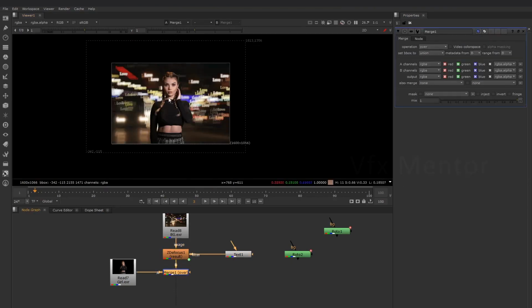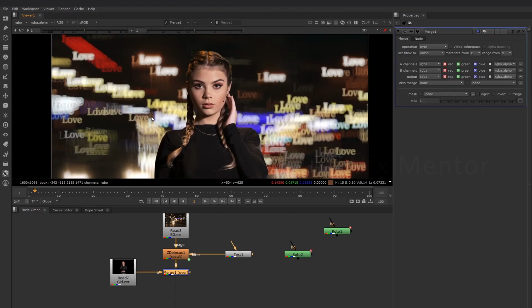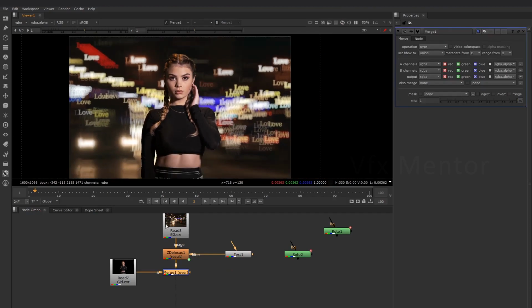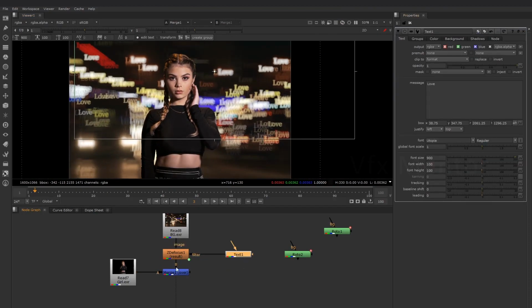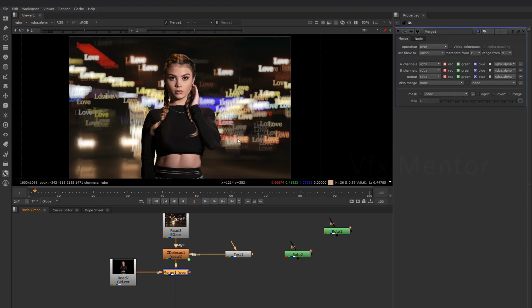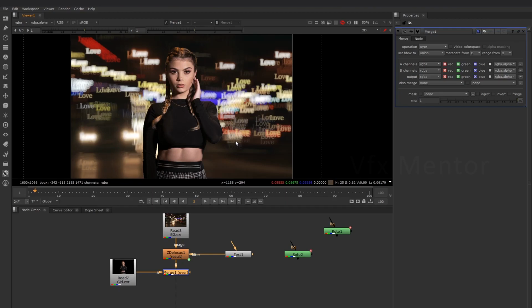Let's see. See? Cool, right? This way, you can experiment with a lot of options. It's up to you to create your own bokeh shapes. This is a technique I wanted to share with you guys.